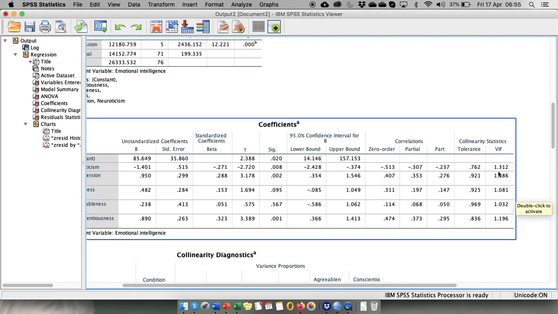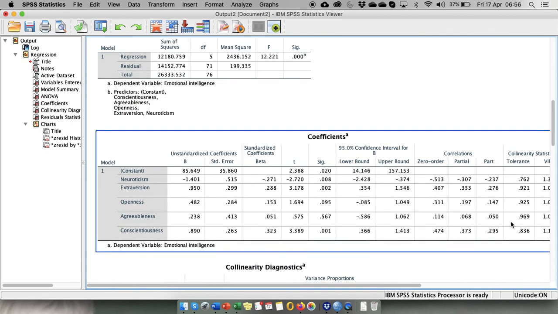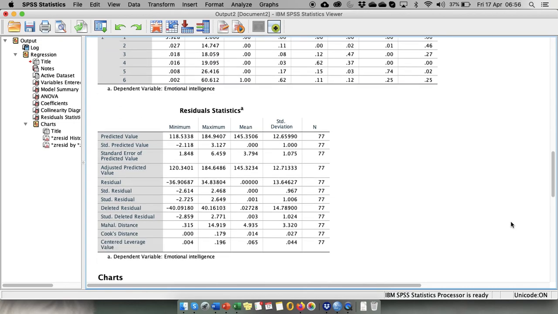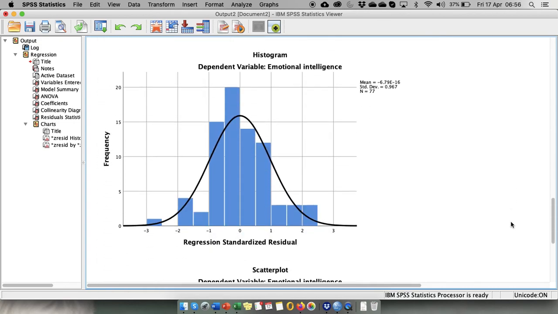So these two provide exactly the same information. If you're talking about multicollinearity, you can pick to report either tolerance or variance inflation factor, but you don't need to report both because they provide exactly the same information. The next output of interest that we want is to look at the distribution of